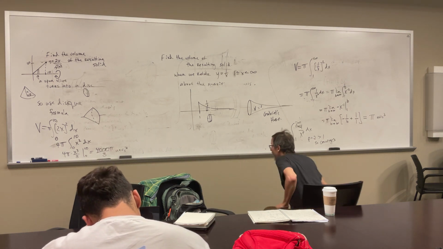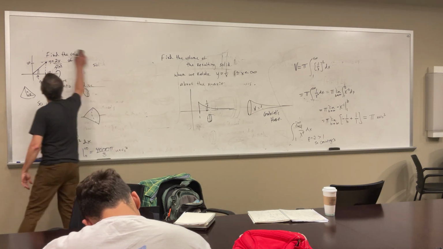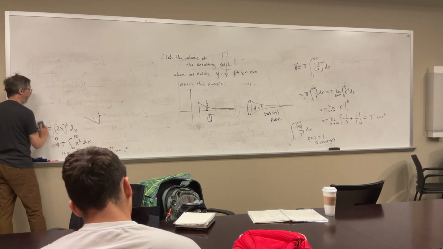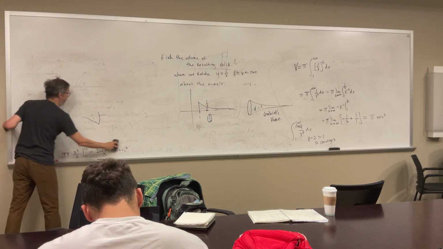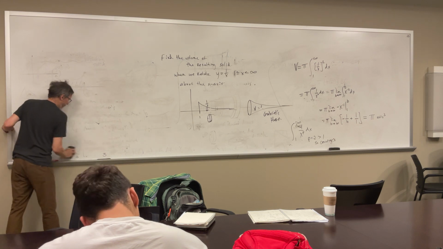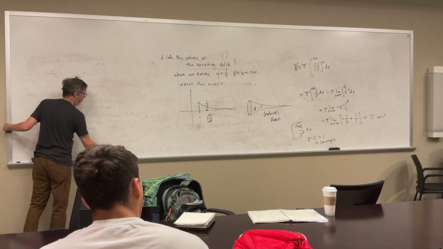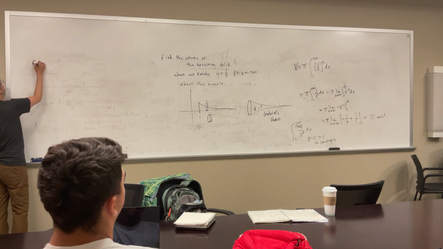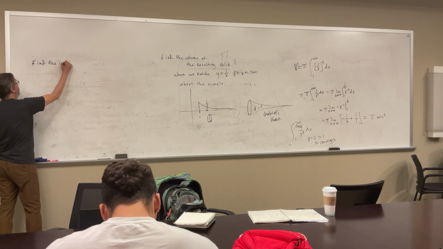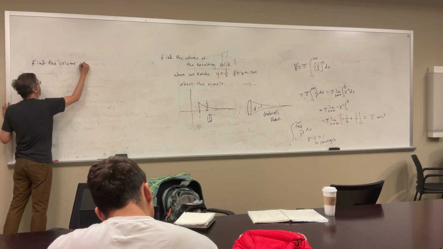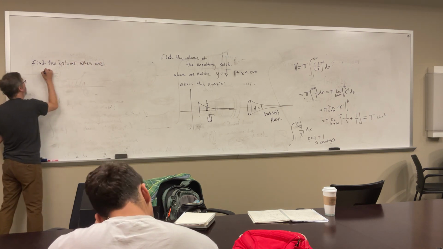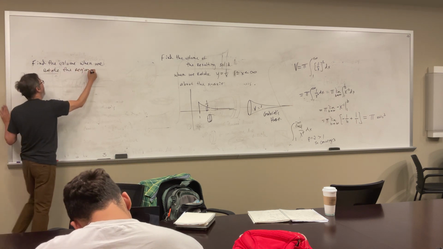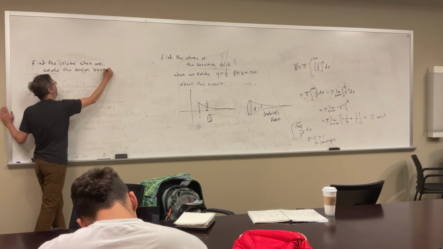Okay. So, let's make it worse. Let's cut some stuff out of it. Now, honestly, what we just did was the hardest part. I don't need to go through the whole derivation again. But let's do a different one here. So find the volume when we rotate the region bounded by. So now it's getting a little fancier. Region bounded by